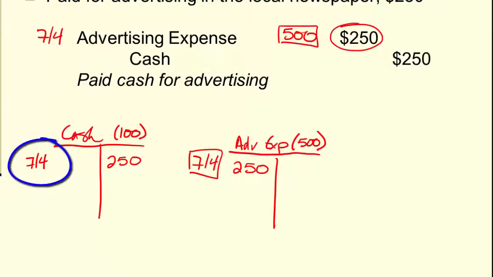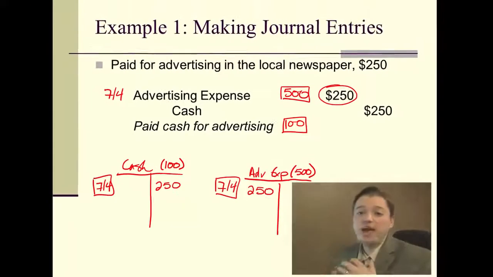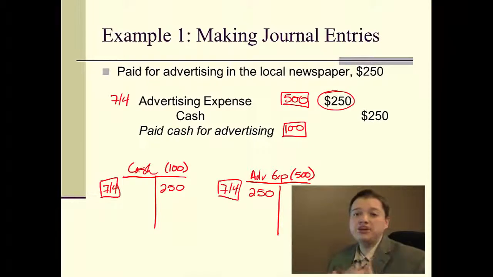There's my date again, and I'm going to come back here and put in that 100. And again, this number and this date show that I have posted these entries. We just did this for one entry, but you can imagine that this could very quickly and easily become a very tedious process. Imagine doing this for a whole day's worth of entries, or a week's worth, or a month's worth, or a quarter's worth, or a year's worth,